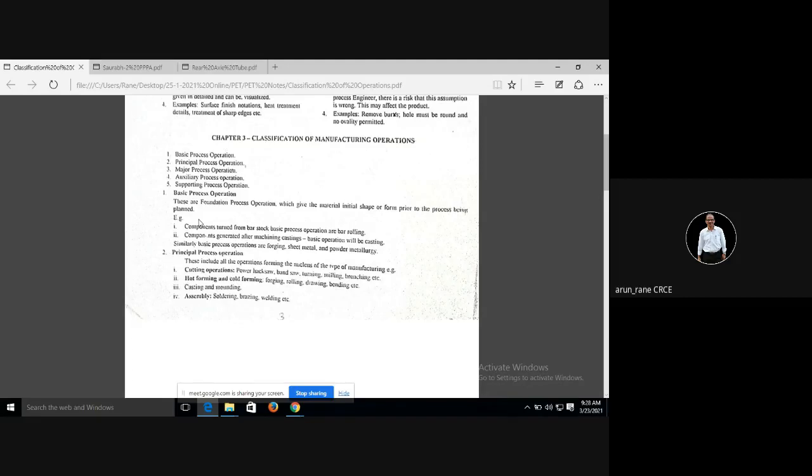Then draw the process picture of any major operation. For that again 3 to 4 marks will be there. Then estimate the machining time or the process time for 2 important operations. Two important operations means you have to identify within your component what the major operations are, maybe grinding or maybe turning. For that, calculate the machining time. That will again be 3 to 4 marks.